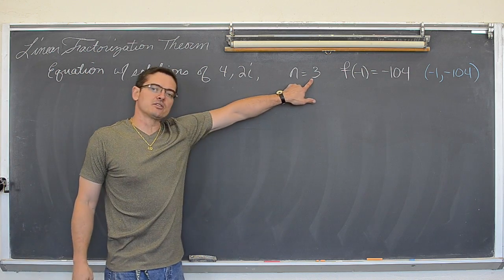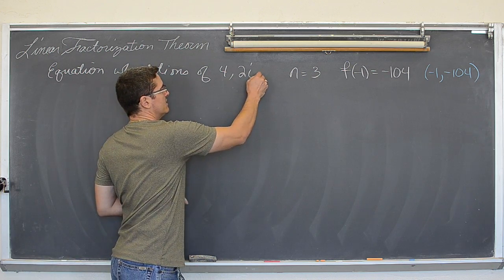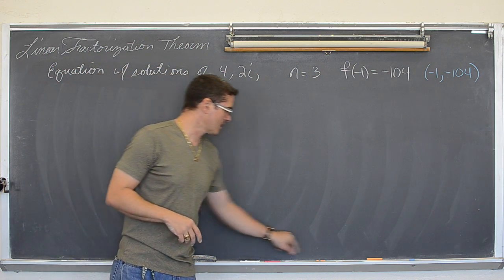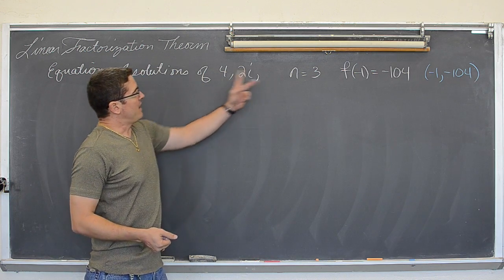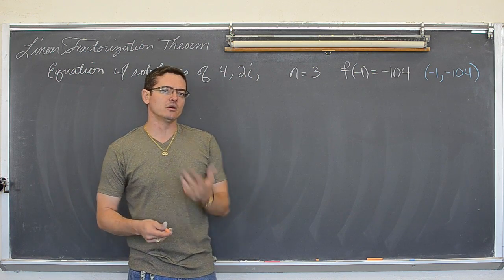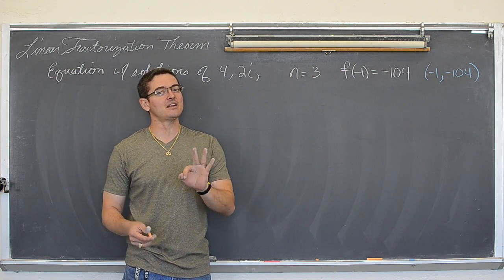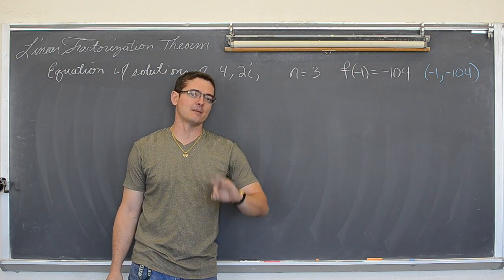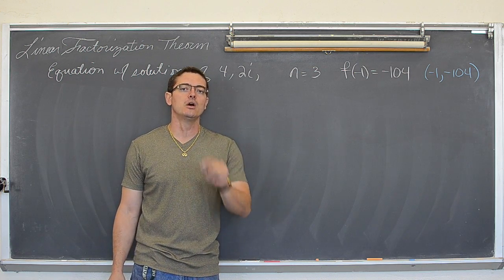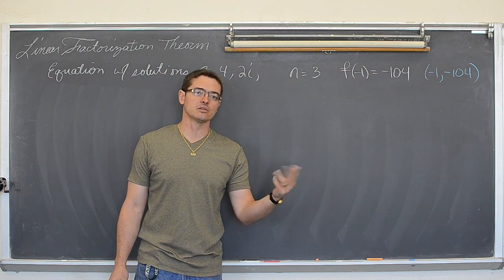Well, this says it's a third degree, but yet I only have two solutions. The fact that I've included another comma there will hopefully give you a hint. If I have a degree of 3, then any polynomial with a degree of 3 is going to have 3 solutions. Now, not necessarily 3 x-intercepts or 3 real solutions, but it will have 3 solutions if you include all the real solutions, the x-intercepts, and all the imaginary solutions.